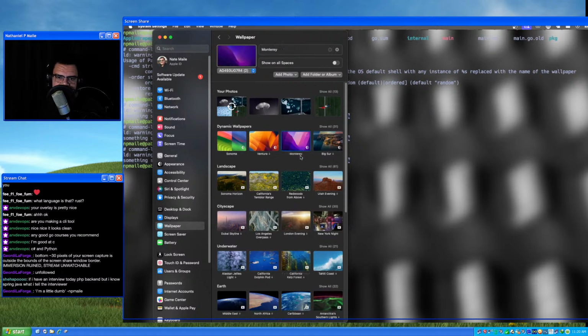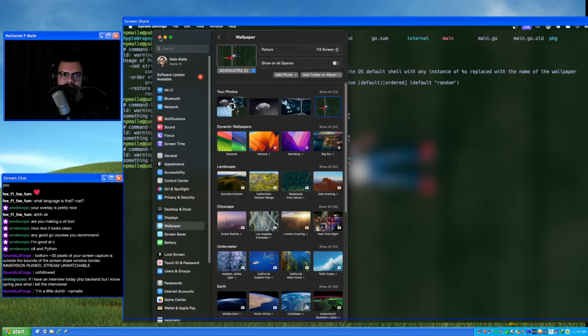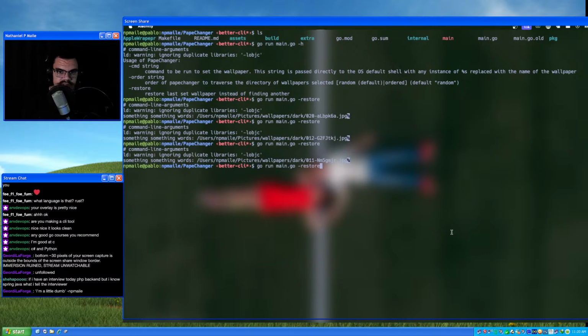It's actually a video. Let me just switch to Monterey. Oh, that has to download too? Big Sur? Also a download? Why aren't these things downloaded? I'll just switch it to a random one. All right, there we go. And then if I restore, it should go back to the one I had before. So that's fantastic.